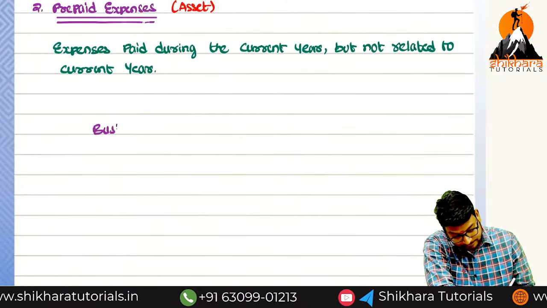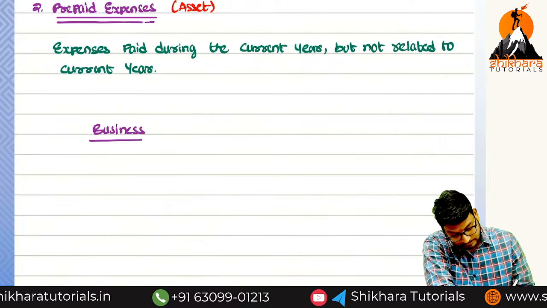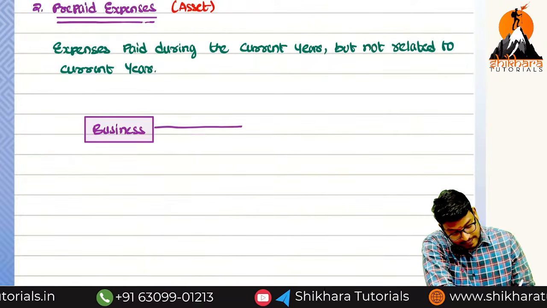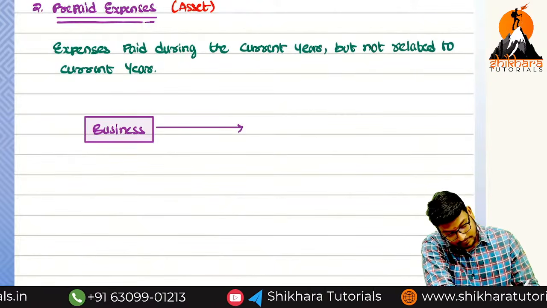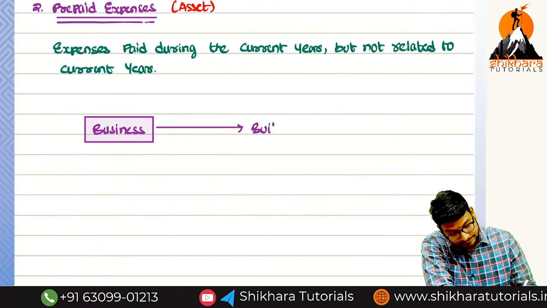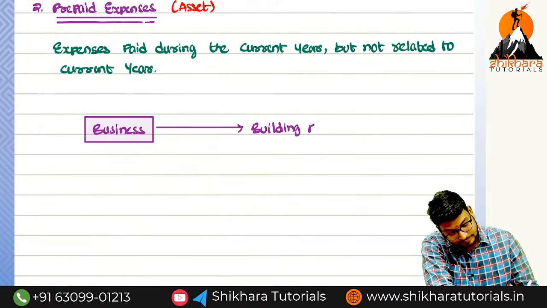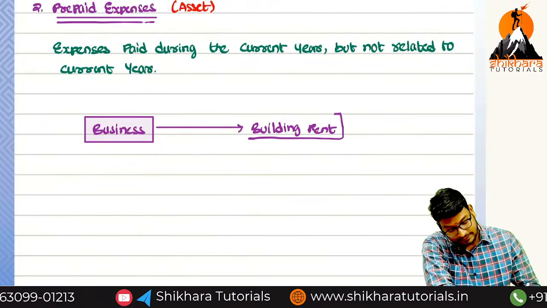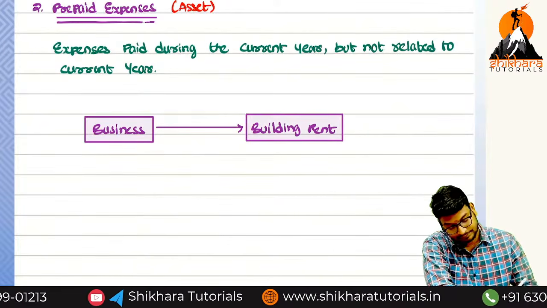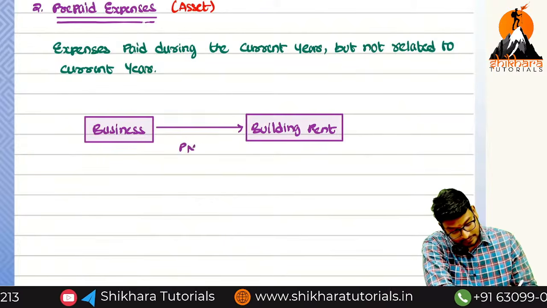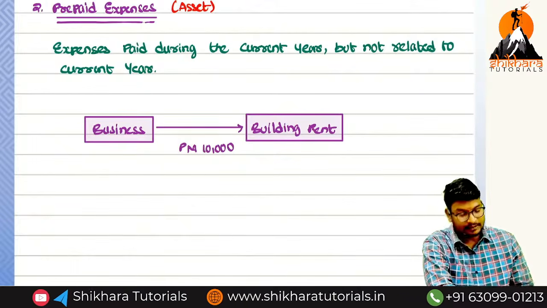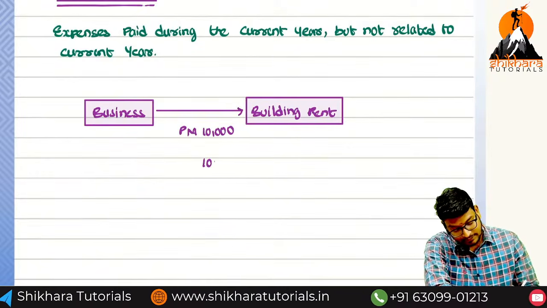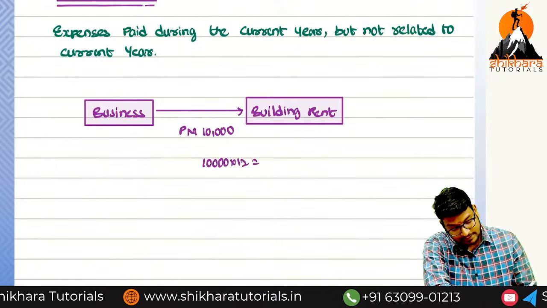Business has to pay building rent. Per month it is 10,000. What is the building rent per month? 10,000. But in the current year, how much do they need to pay? 10,000 into 12, that is equal to